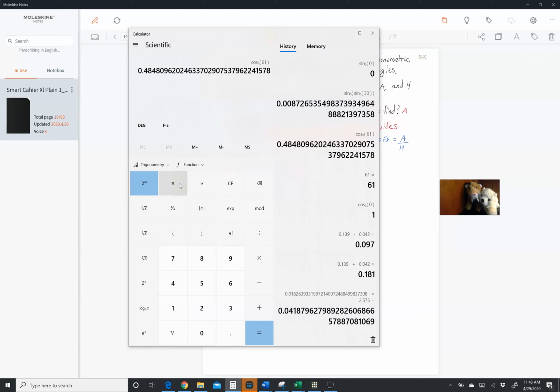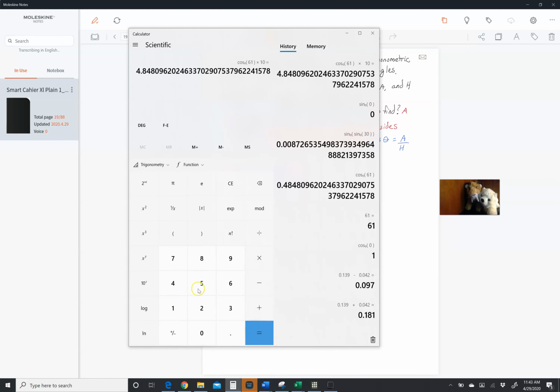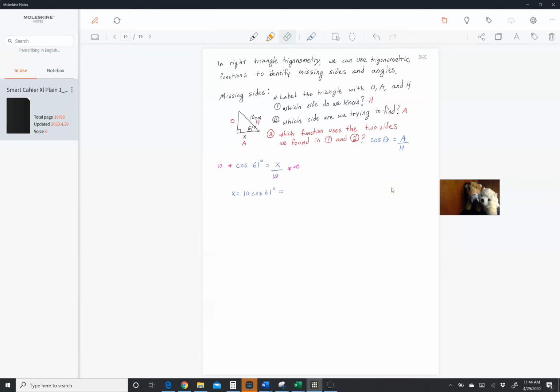I'm going to multiply by 10. And I get 4.85. Remember, I would round to the nearest hundredth, always make a habit of that. The number after the 4 is an 8, so that tells us it goes up to 5. So our answer here is 4.85,